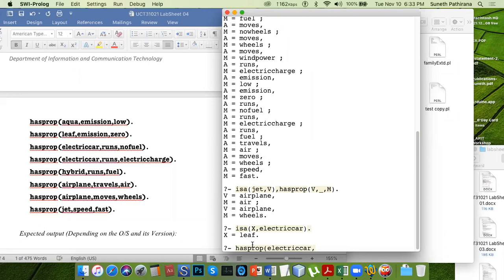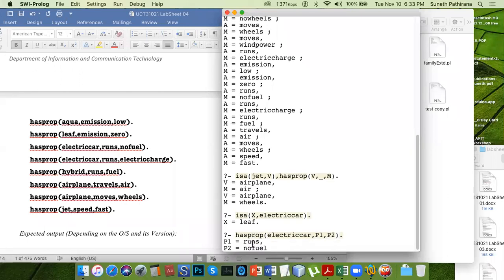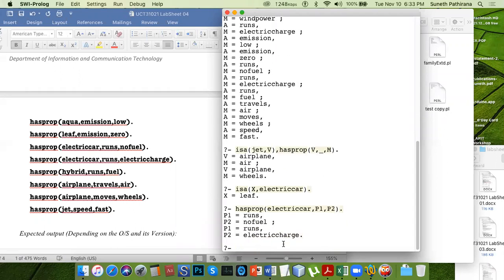So we need to find the properties, let's say P1, P2 of this electric car. These electric cars run, but they don't need any fuel. They run on electric charge. So these are the properties that you can map for electric car.